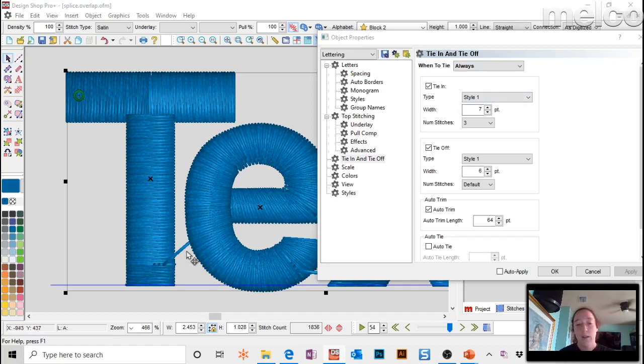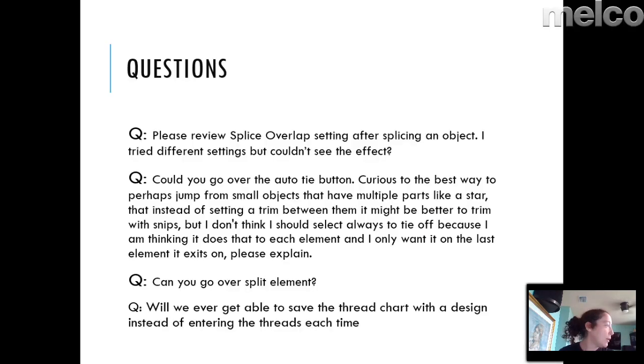All right. Now, your specific example was parts of a star, instead of a trim. So let's say you're doing the top half of the star, you do a column stitch, and then you walk down to another spot and do a column stitch. What you want to do is pay attention to your starts and stops, and always make sure your next element is starting wherever you previously ended. So